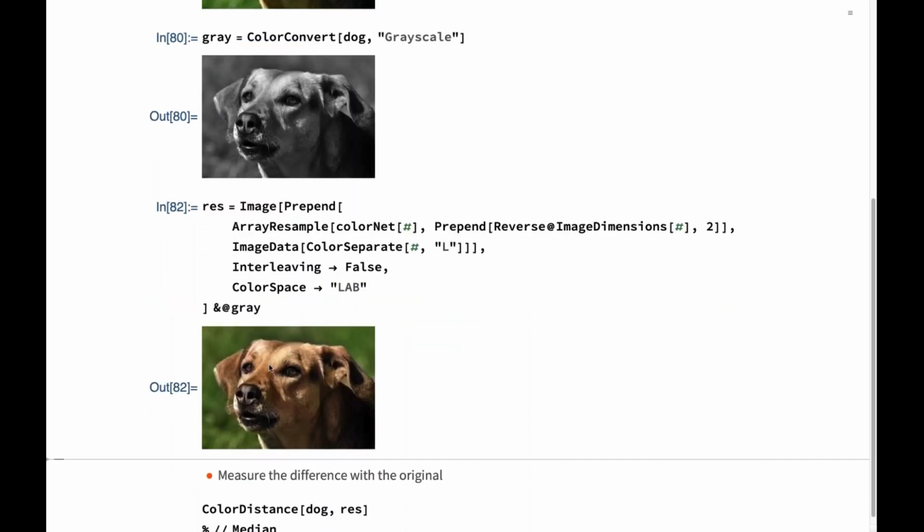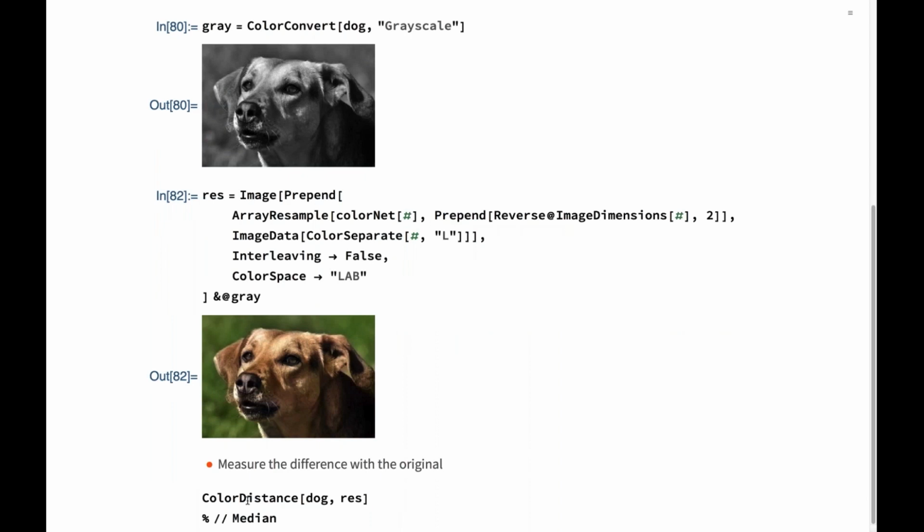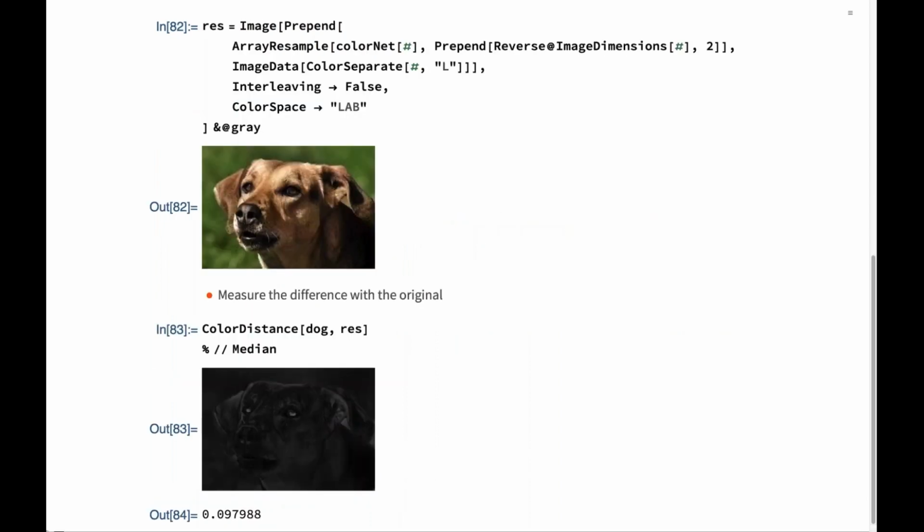But overall, it got correctly the shade of the fur and the background. And we can even check, using our image processing functions, the distance between the original and the recolored image. We see indeed that the eyes were not quite correct, but most of the background and dog fur is fine. And we have a median error of 1% across the image.